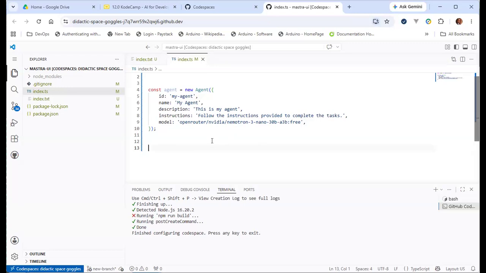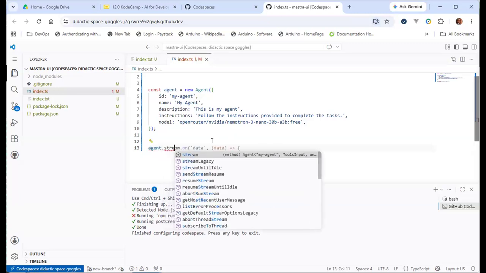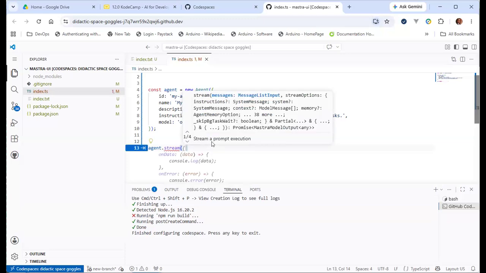It's very easy. You just call agent dot stream. We're going to look at streaming in more detail later on. But stream is a function, okay?